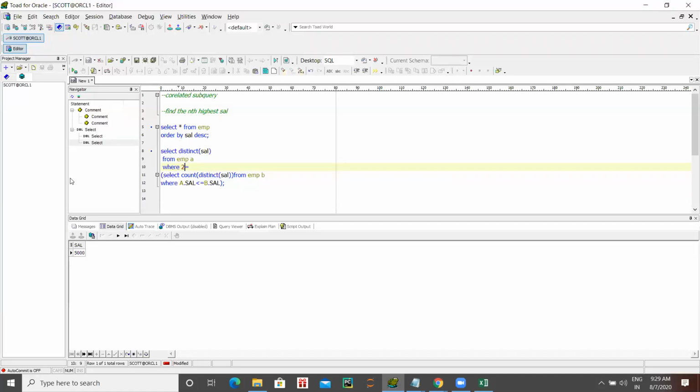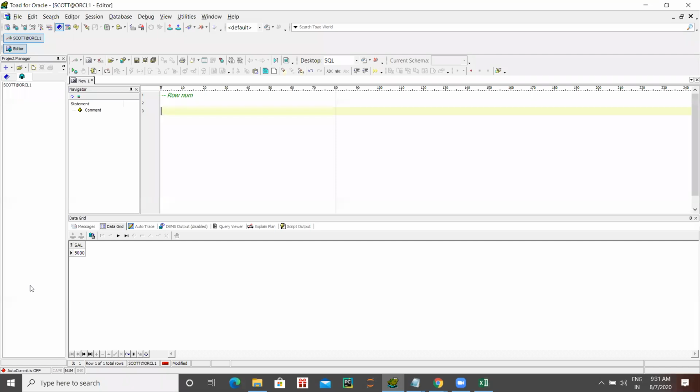Okay. Then save it. So ROWNUM in Oracle is there to find the row number. Let's say select star from EMP.